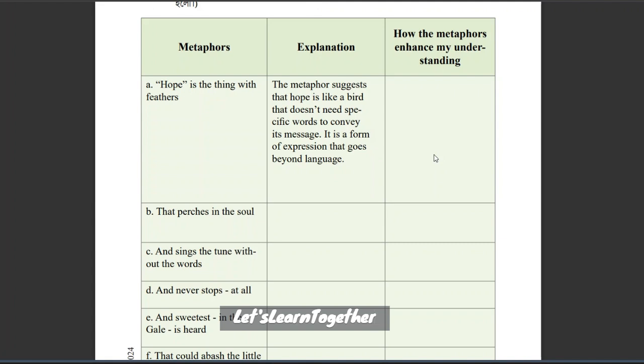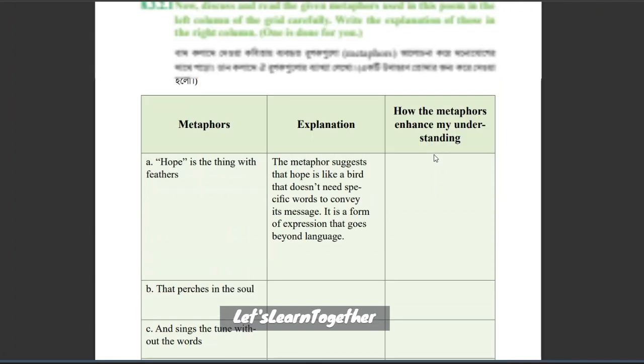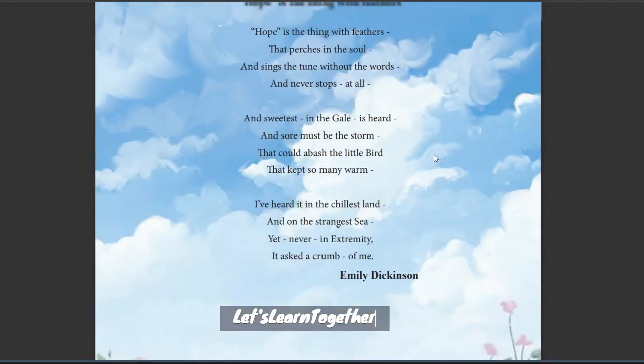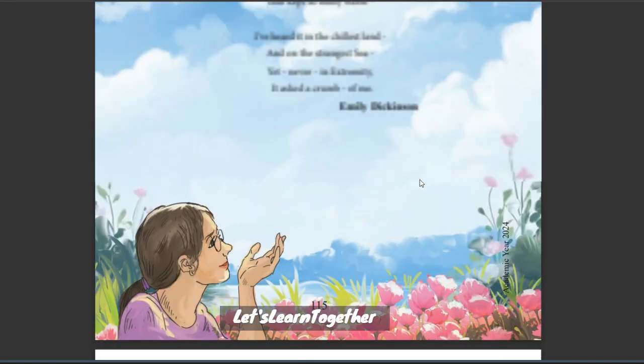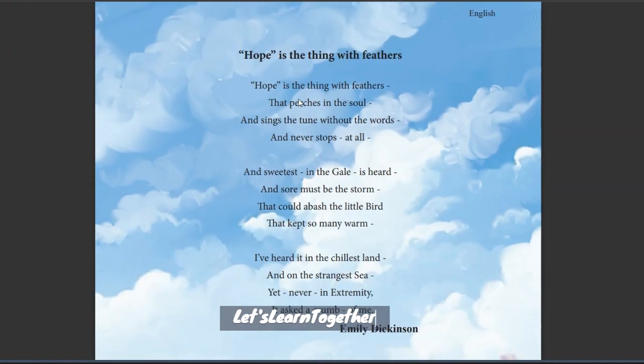Okay, so this is an example of a metaphor, where I am using one thing to explain another thing, to clarify another thing, or to find out the deeper meaning of what I actually want to say. So this is the beauty of poetry. Poets usually use metaphors in their poems, and Emily Dickinson is a very famous poet of America. She used to use several such metaphors in her poetry, and this poem is also a very prominent